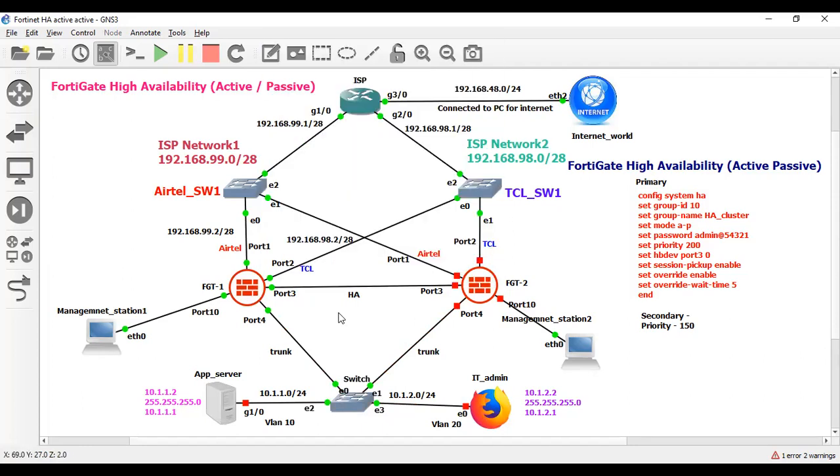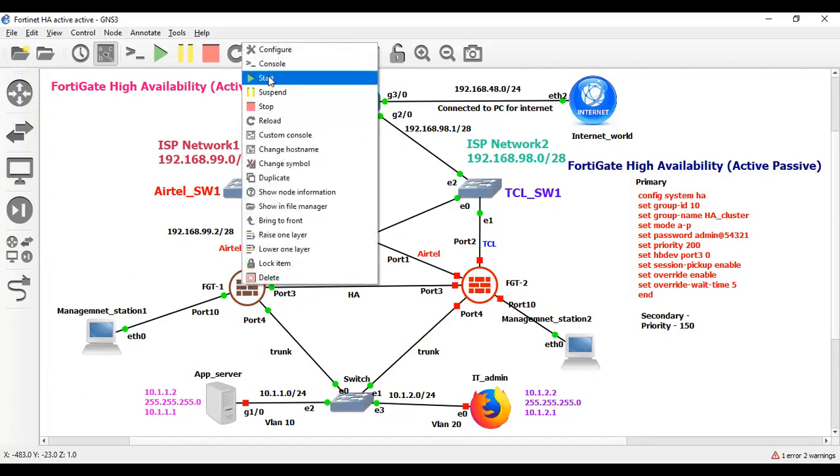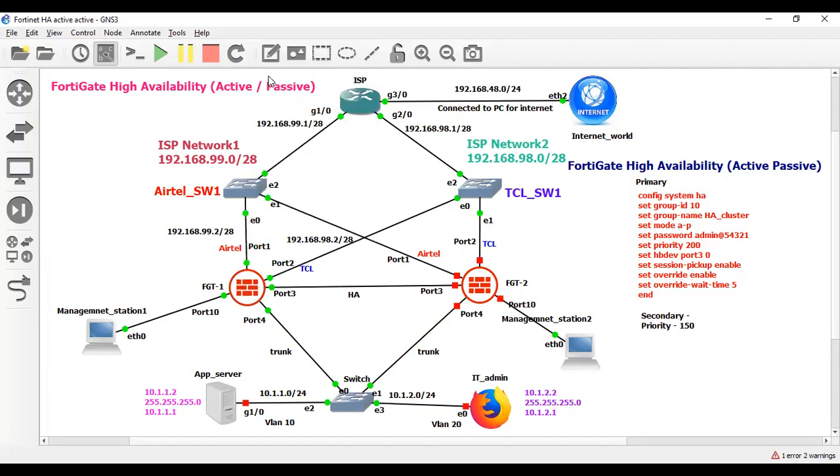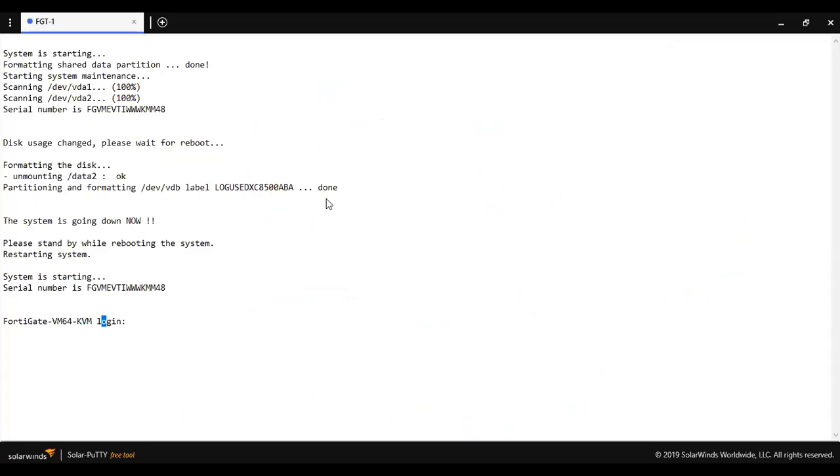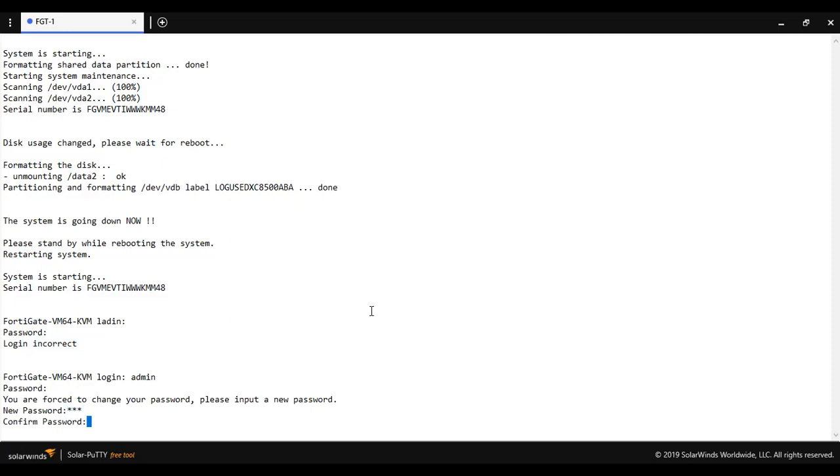Let me open the console of the FortiGate firewall. As you can see, I didn't configure anything. First I'm going to configure the management interface. By default the username is admin and the password is blank. Now I'm going to set the password to 123, but you can set it as per your requirement.